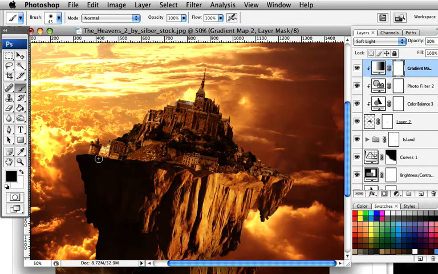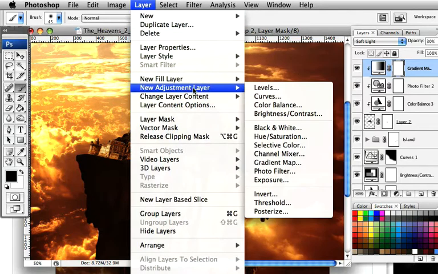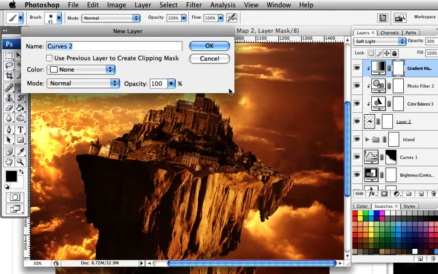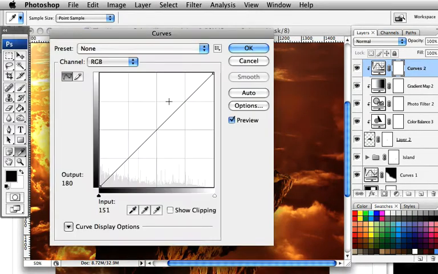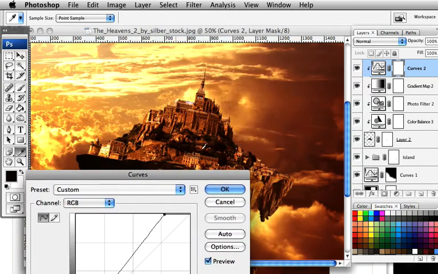So we're going to add a curves layer. Let's go to layer, new adjustment layer, curves, clip that, and let's bring this along to about there. That looks pretty good. Okay, so we've really lightened up that right hand side, and then we're going to click on OK,